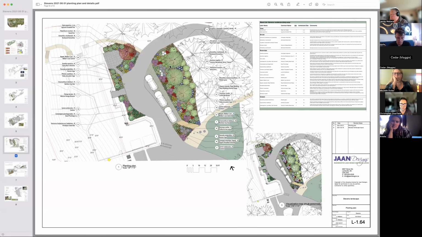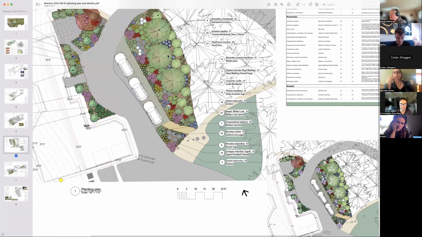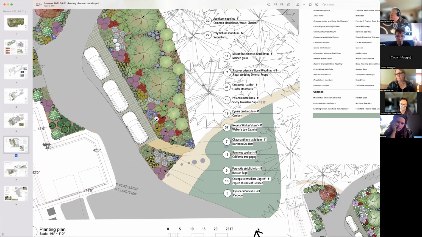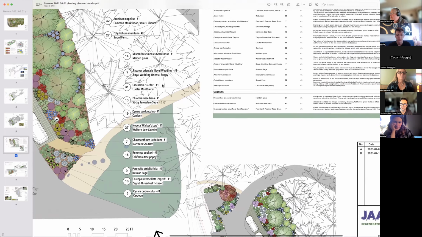So if I zoom in, I got my scale bar, and you'll notice my north arrow isn't straight up, so you can certainly bug me about that if you like. Often it'll get tweaked a little bit. But all these are woody plants here, these larger symbols, and these are not the size that those plants are coming in at. If we look at our planting plan here,